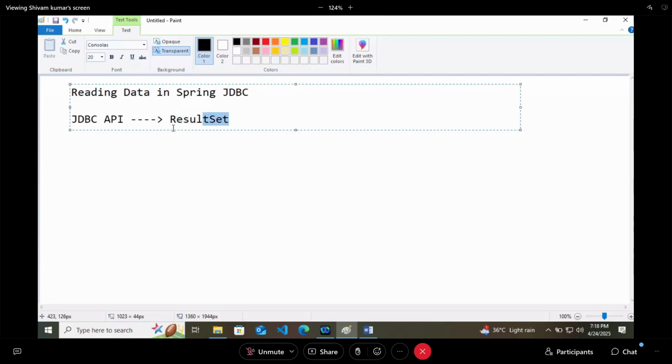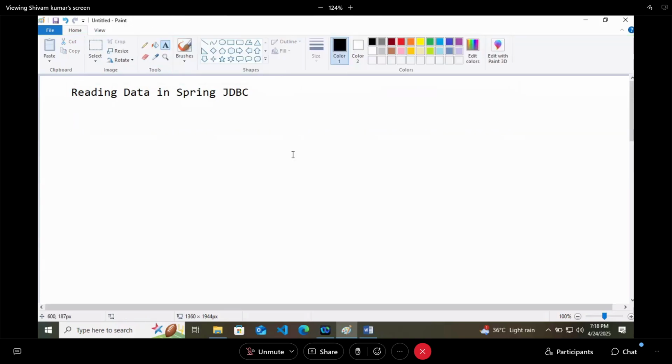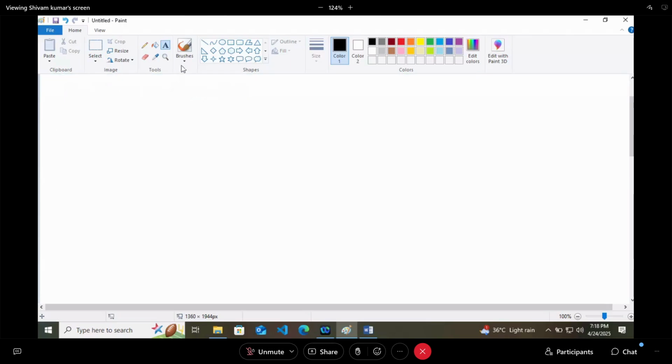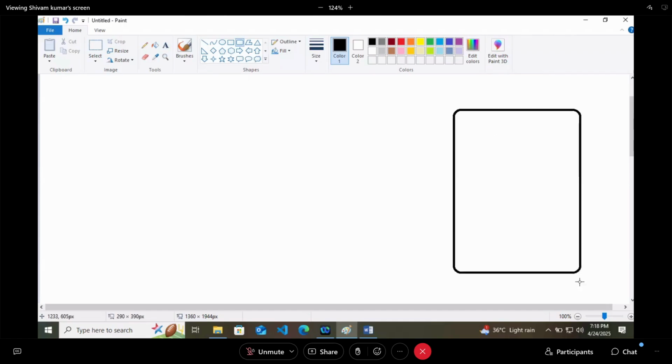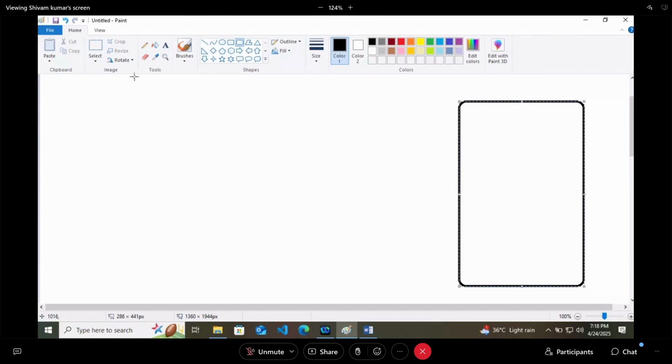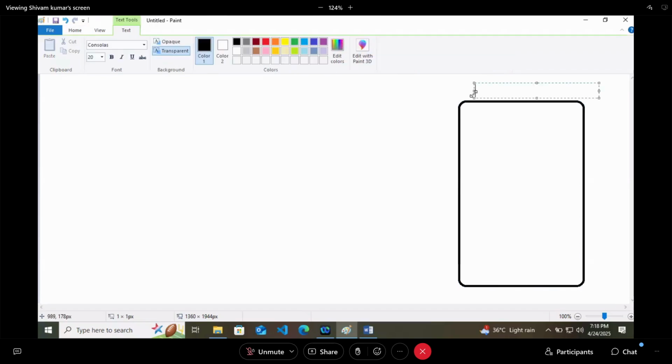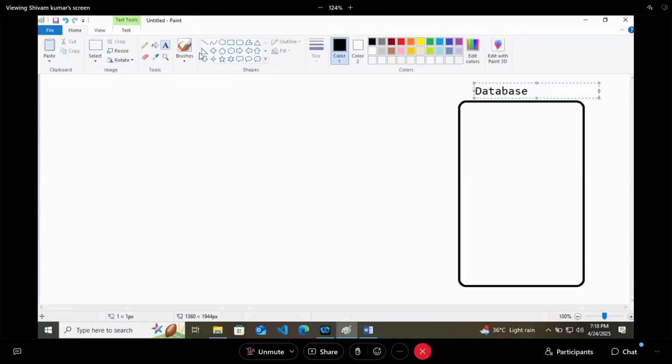Now, why are we focusing so much on this particular data? Let's understand that part. Forget reading data for a minute. This is your database, and here we have our Java application.